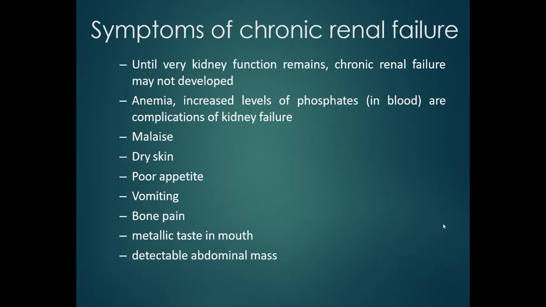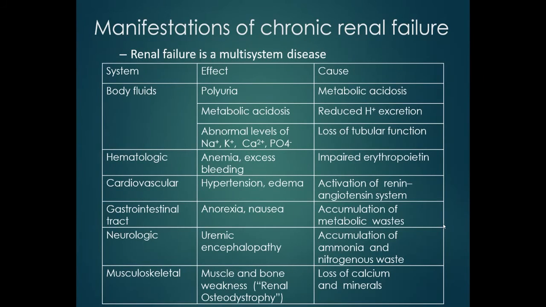There will be very high bone pains, or the taste in your mouth will be changed. You may feel as if you are eating some metallic things, and there will be a high abdominal mass. So these are the various effects and causes of the conditions which we will study in our lectures